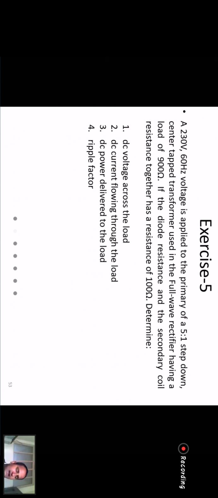So please refer to the textbook. If you do not have a hard copy of the textbook, a soft copy is already there in the VLE. So please download that one. Some of these questions are from the textbook only, so please don't copy directly from the textbook. Try to solve it yourself. And if you do not get the answers, or if you want to cross-check the answer, please go through the textbook.